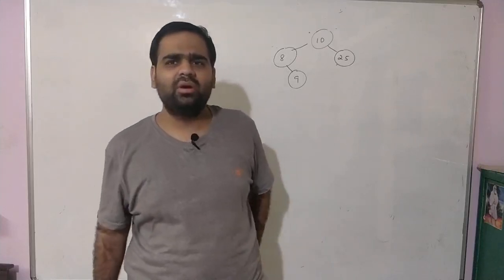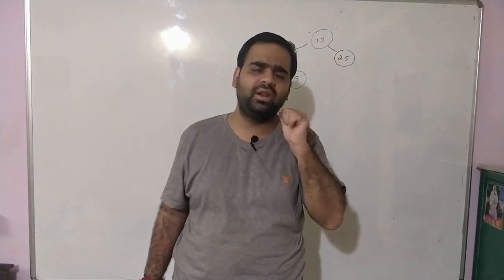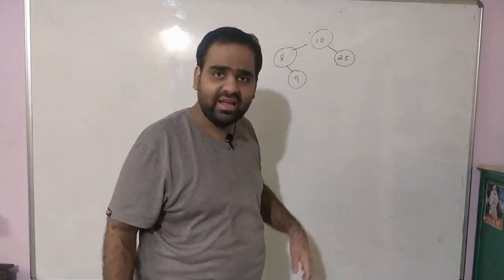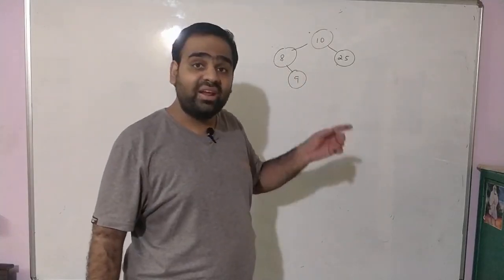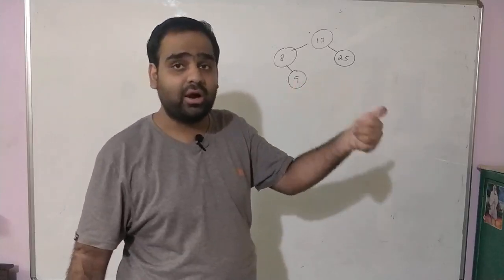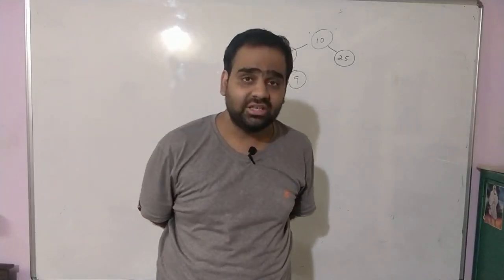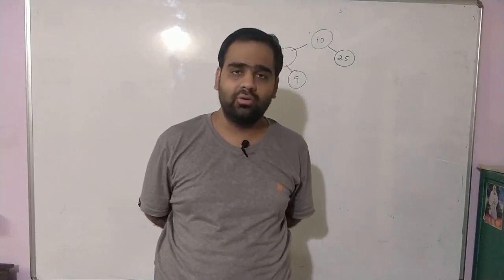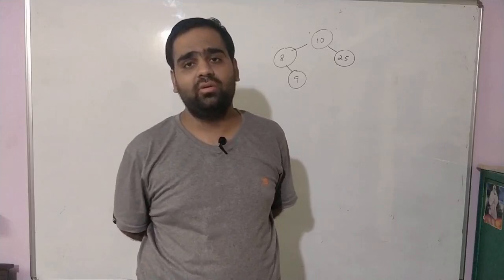How do we count the number of leaf nodes? It means you have to go to each and every node of a tree. You have to go to 10, 9, 8, 25 and check if it is a leaf node or not. Now whenever you have to go to each and every node, same as in the case of count nodes, whenever you want to go to each and every node and check or count or update or delete, whatever you want to do, you can use any traversal technique over here.